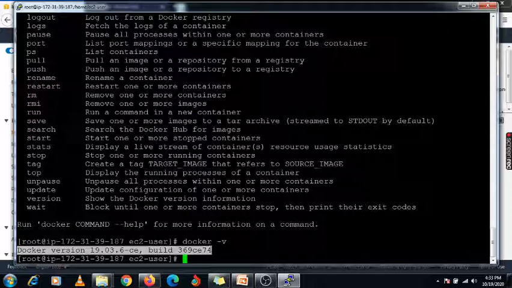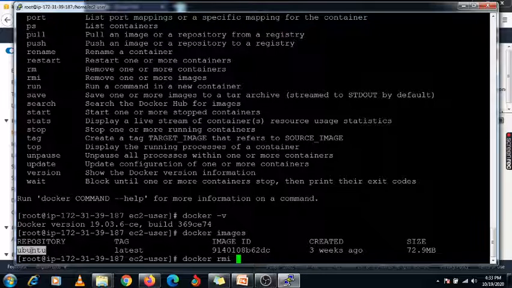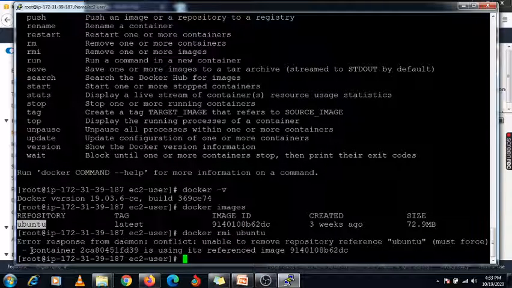Another command: if you want to remove images from your local system, how can you do it? docker images. Just check which images are available. We removed our container using docker rm. If I specify rmi with the image name Ubuntu and press enter, it reports that a container is using this image.